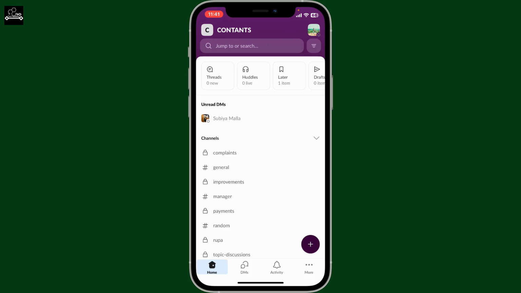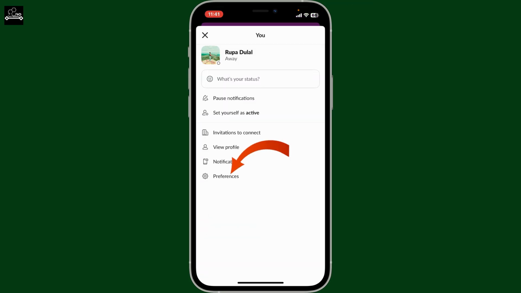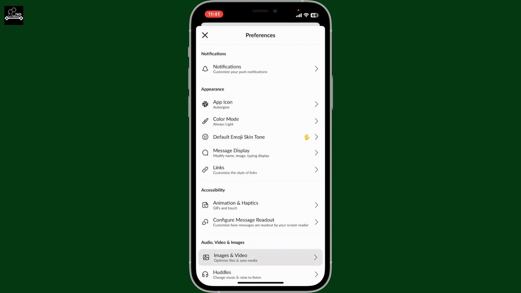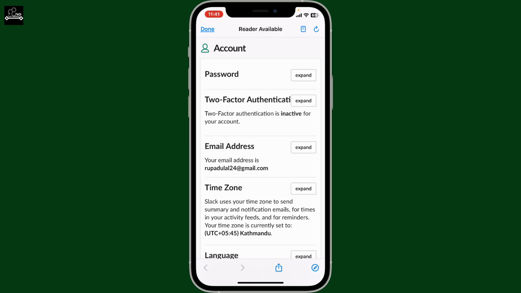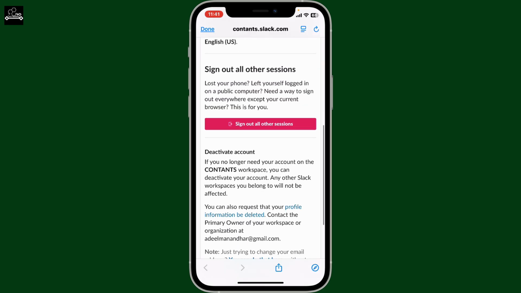From the home page, tap on your profile picture at the top right corner. Now, click on Preferences. Under Preferences, scroll down and tap on Account Settings. Inside the Account Settings tab, scroll all the way down until you see Sign Out of All Other Sessions and